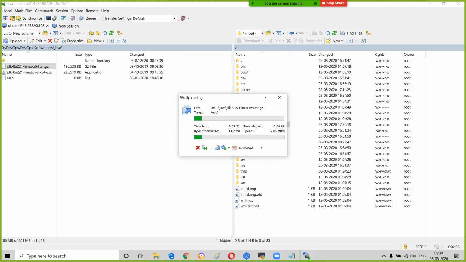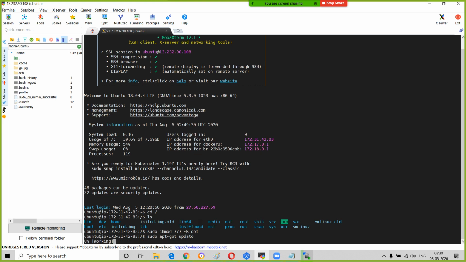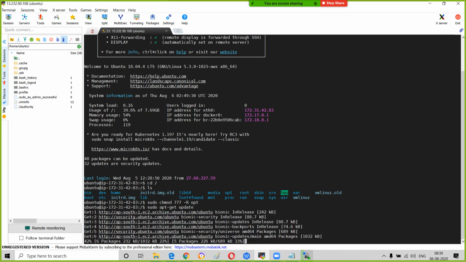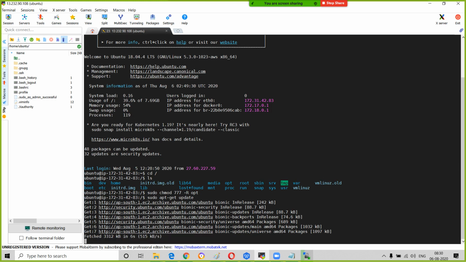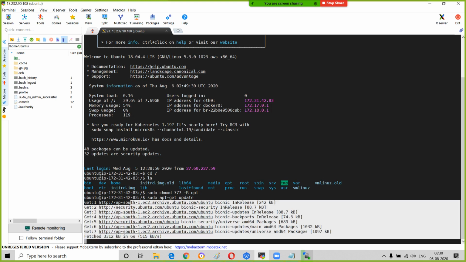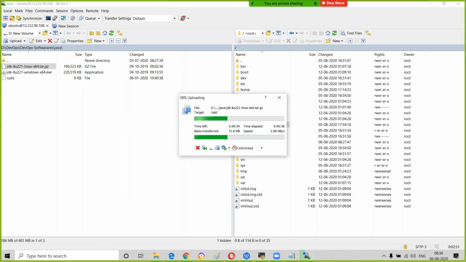In the next two to three minutes, we are going to install Java successfully on our server. When you launch a server for the first time, make sure your server is updated. Sudo apt-get update. It will bring all the dependencies, guys. If you don't do this, it can't connect to the backend centralized repository, and some dependencies will be missing. So always make sure you enter the apt-get update command.